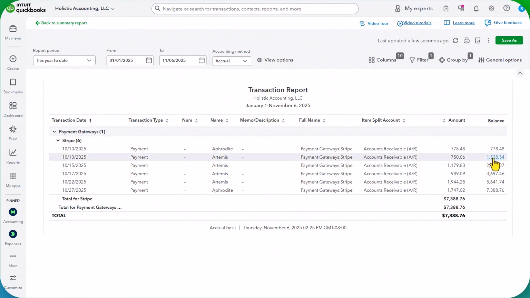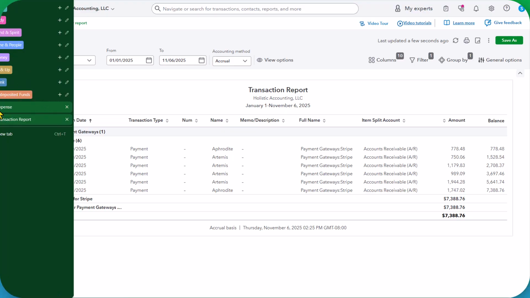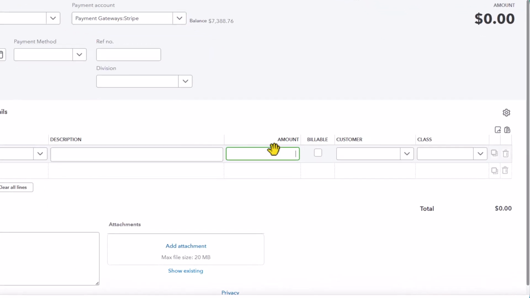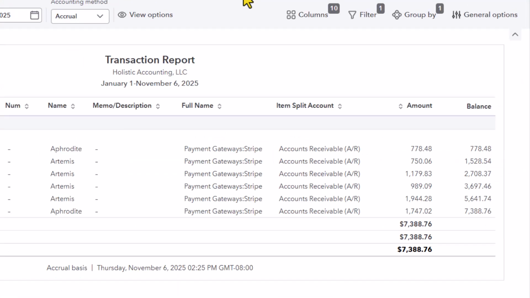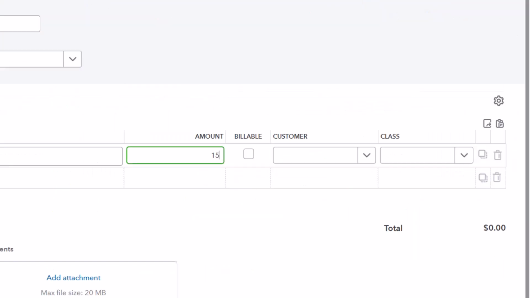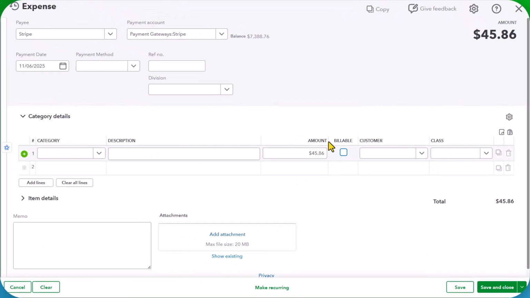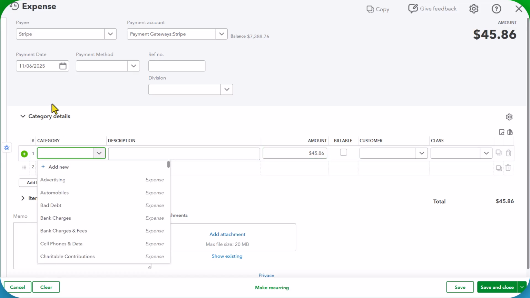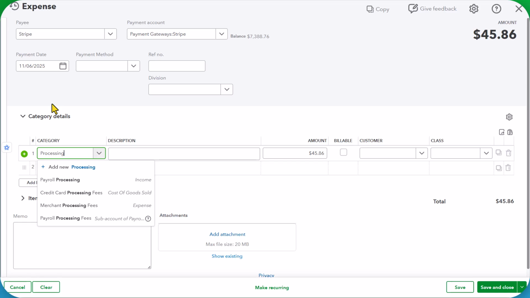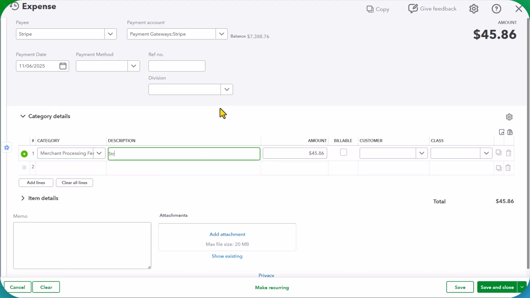Okay, so I want 3% of 15, 28, 54, and watch this cool trick. I can do the math right here. 15, 28, 54 times 0.03. Hit the tab key. Done. Category: processing fees. I'll just call it merchant processing fees for now. I'll call it Stripe fees